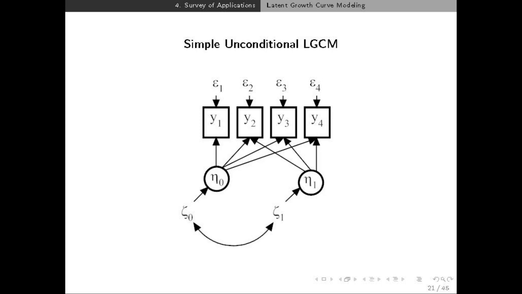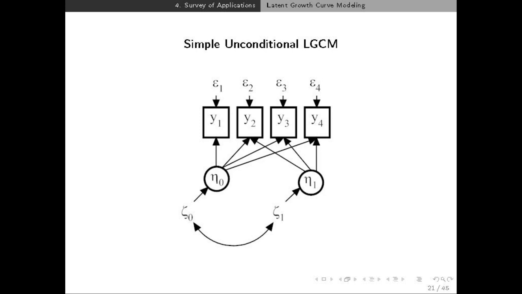So this is a picture of a model for one variable that's changing over time. That one variable is y1, and that same variable is observed at a second time point and a third time point and a fourth time point. There's no factor structure over time here. There is a factor structure here. It's how the etas relate to the y's, but the structure of that loading matrix is determined by the design